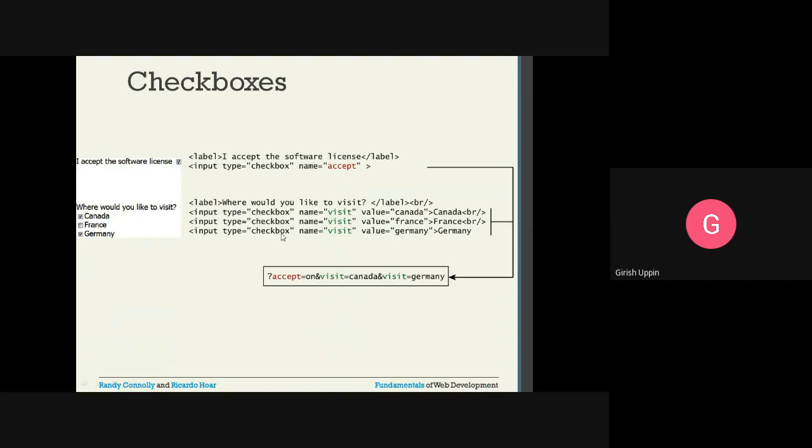Type, all of them are checkbox. Name, same name for all of them, but the value that will be sent will be different based on what the user selects. And in the case of checkboxes, we can select multiple checkboxes and all those values will be sent. Here you can see if this is checked from this control, so accept is equal to on, and